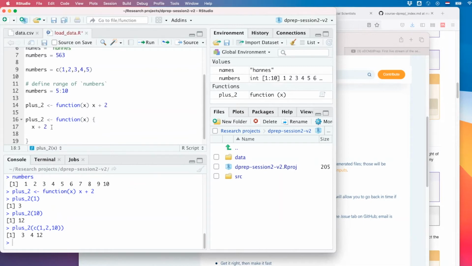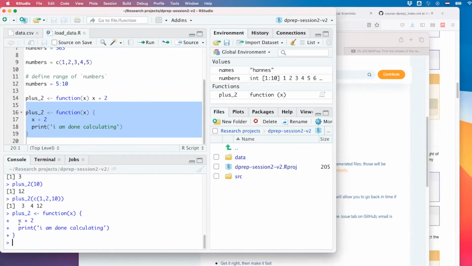Here's something about that function. Right now I do something like print, "I'm done calculating." Suppose this is an action which takes a lot of time. I'm calling it. One nice way to call the previous command that you've done is to go here with your cursor and press the up key. You can go through all of the commands you've recently written. Like this, we have a better typewriter than the original one, right? So we can go back to this line and see what happens when I re-execute this.